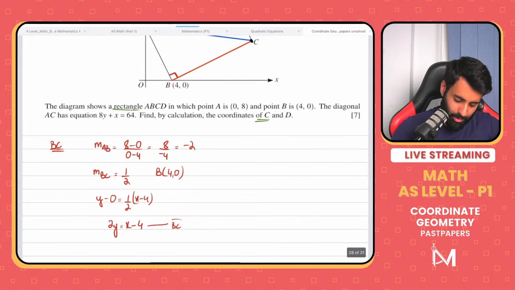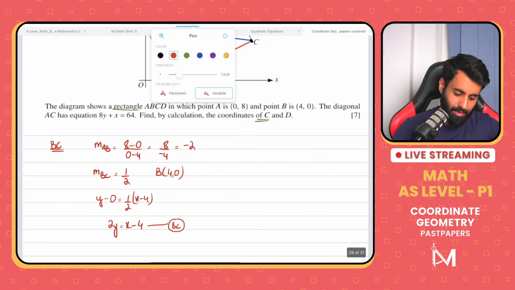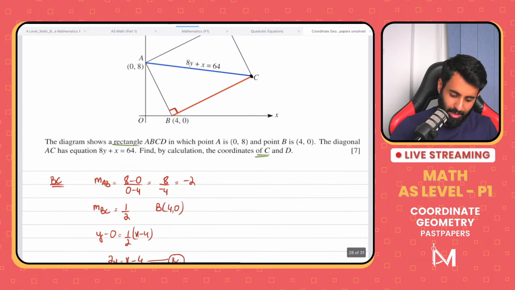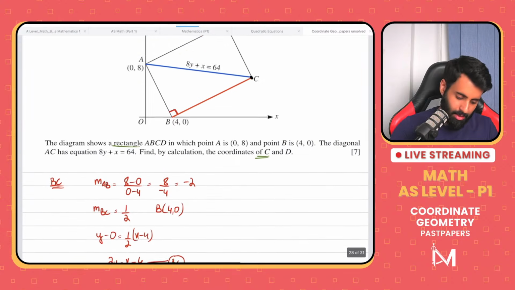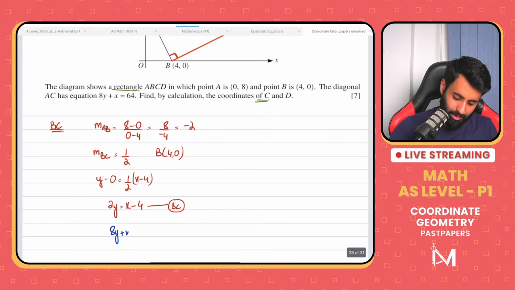BC. Now, do we have the equation of line AC? Yes, the question has been kind enough to give us the equation, which is 8y plus x equals 64. So this is the equation of line AC. Now, solving these two simultaneously will do the job. So we will solve simultaneously